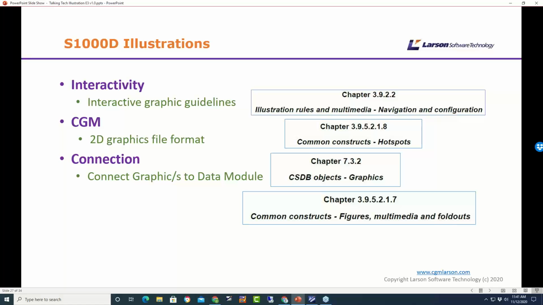So if you're interested in the spec, you can go to these specific chapters. There's the interactive guidelines, and obviously these are based around CGM. And then the CGM 2D graphics file format, the web CGM profile. And then the connection between the graphic and the text is all outlined in the specification.